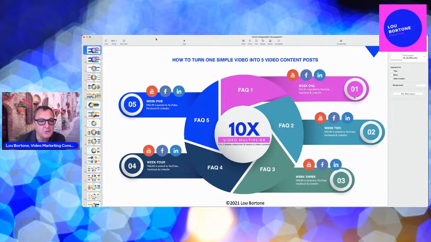Then you download that recording from Zoom and you edit, or have someone else edit, that 20 minutes of tips or facts into individual videos. So frequently asked question number 1, number 2, number 3. Out of that one long video you created, you've now got 5 shorter videos. And you take those 5 edited videos, whether it's 5 tips or 5 frequently asked questions, and you release one a week to YouTube, Facebook, and LinkedIn.